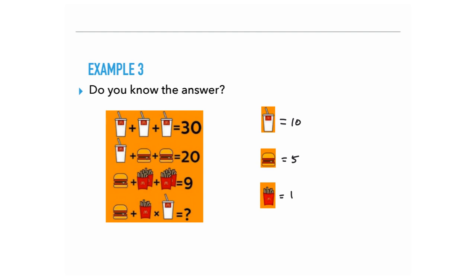You might find problems like these kind of boring and trivial, and usually there's a dumb little trick where they switch from 2 fries to 1, but it's worth mentioning here. Not because we can work out the answer of the drink is equal to 10 and the burger is equal to 5 and a single fry is equal to 1, but because of this third equation that we look at here,